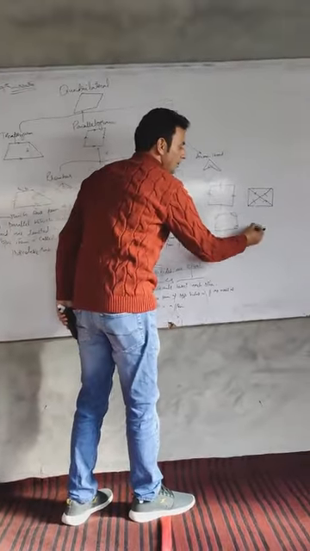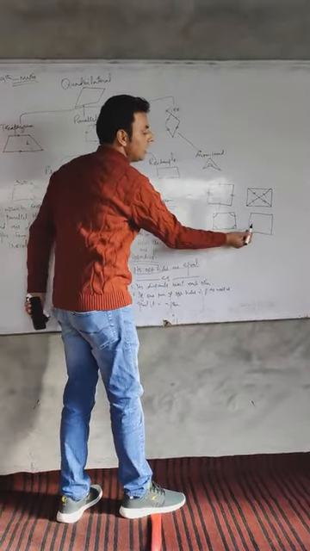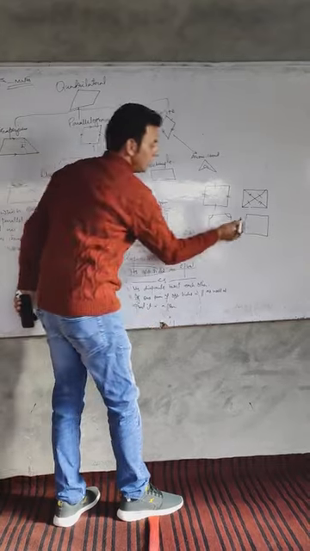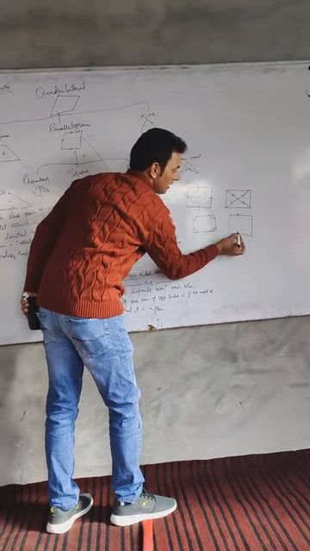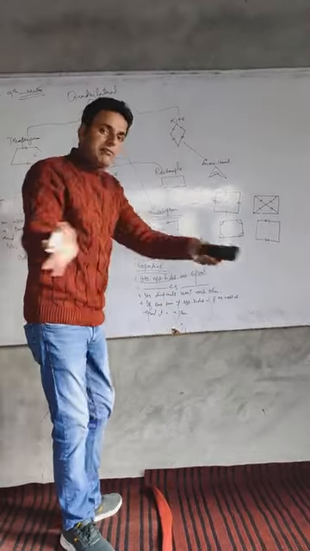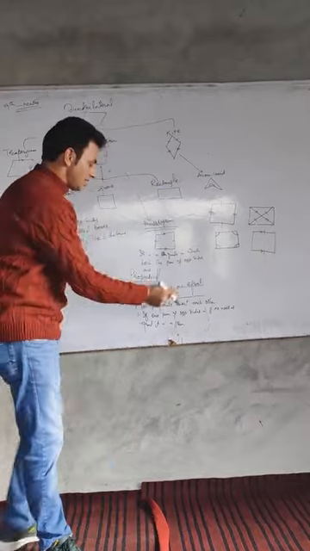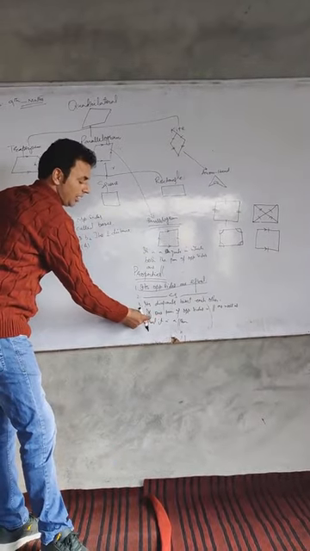The last example of this one is, I will draw a quadrilateral. मैंने ये quadrilateral एक बना दिया. इसमें मैं कहता हूं ये साइड इस साइड के साथ पैरेलल है और यही पैरेलल साइड्स आपस में इक्वल भी हैं. What is the quadrilateral? This is the last property of the quadrilateral.